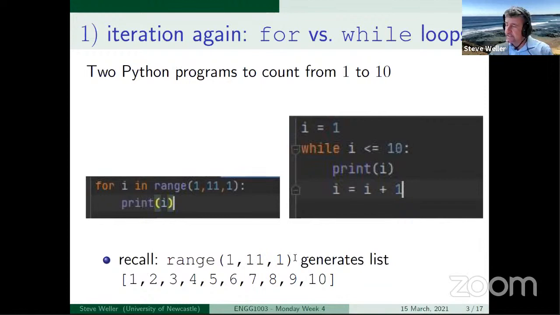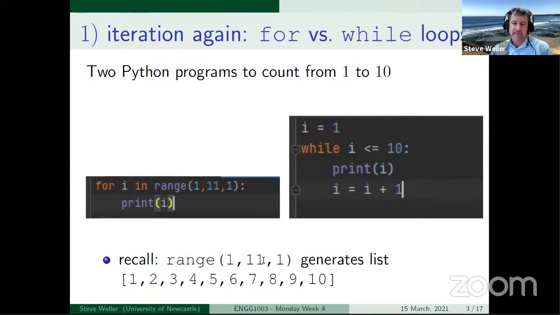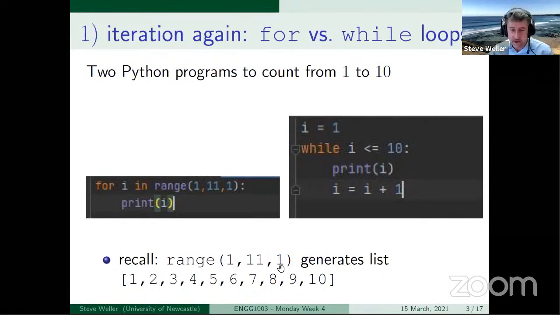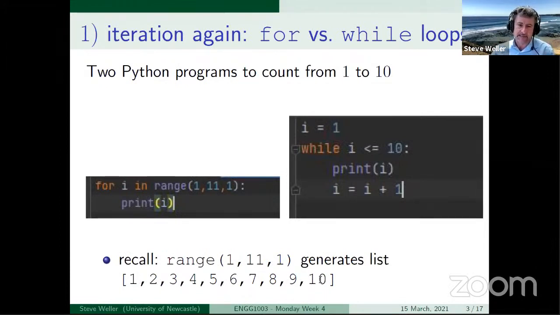The way I've begun to read statements like range(1, 11, 1) is that the first number, 1, is where we start, the start index. The middle number is the index we finish before, so we stop before we get to 11. And the last number is that we increment by 1. So we increment from 1 to 2 to 3 to 4, and we stop before we get to 11. In other words, the statement range(1, 11, 1) generates a list of numbers from 1 to 10. I could have typed them out, but I wanted to use the more compact form on the left.